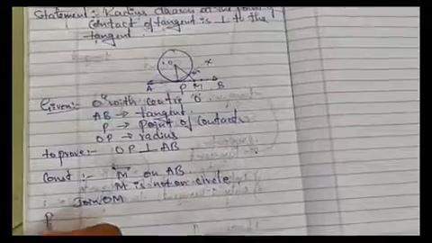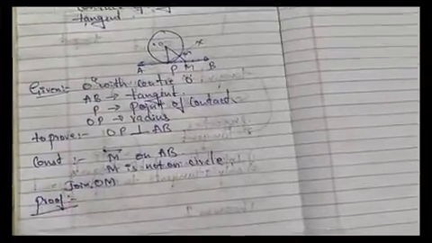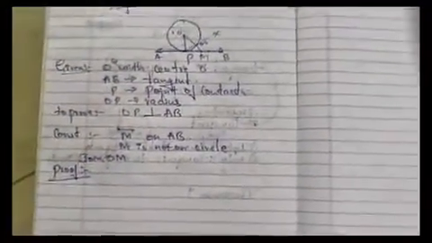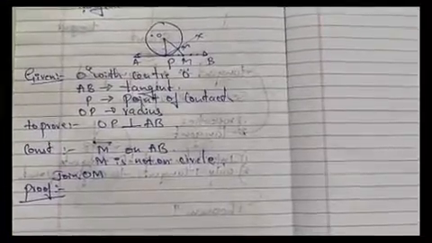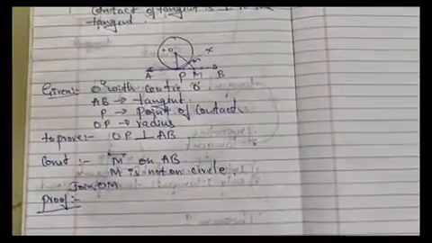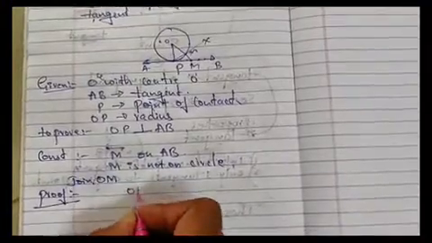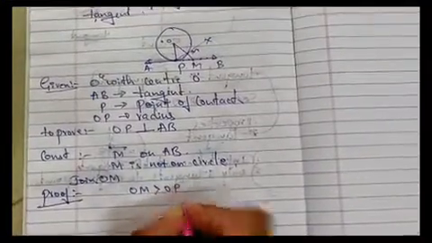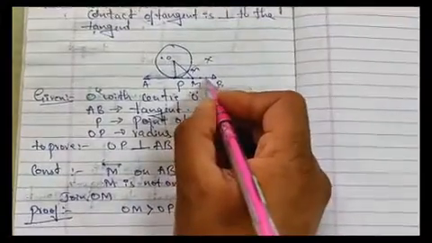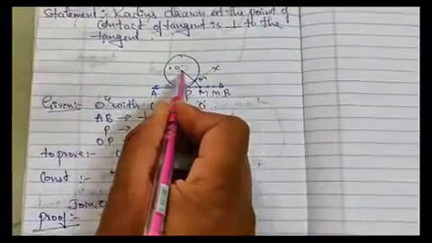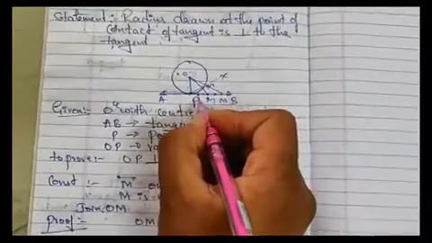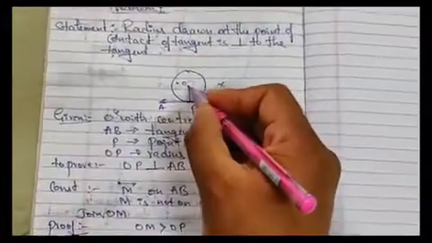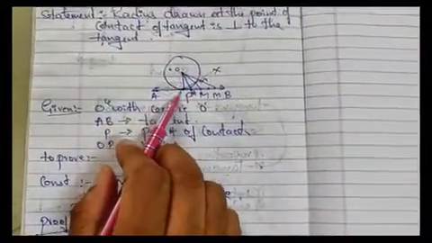Let us start with our proof. The proof is very simple here. As you can see, OM is a line segment, OP is also a line. So can you tell me whether OM is bigger or OP is bigger? With our diagram we can say that OM is greater than OP. Let me shift M somewhere outside. Again the length increased. Okay, let us take M very near to P. But still you can see OM is greater than OP.